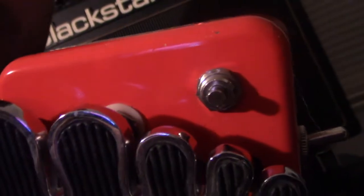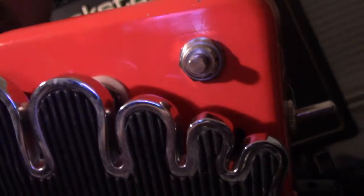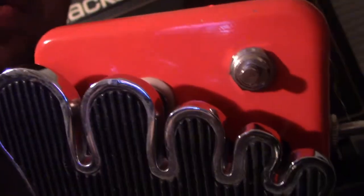And then on the top, you've also got this little switch, which adds fuzz to it, which is very, very cool. This is a much more unique pedal as far as wahs than a lot of the other ones. What I'm going to do is plug it up here and play a little of all the settings, and I'm going to compare it to this fella right here,